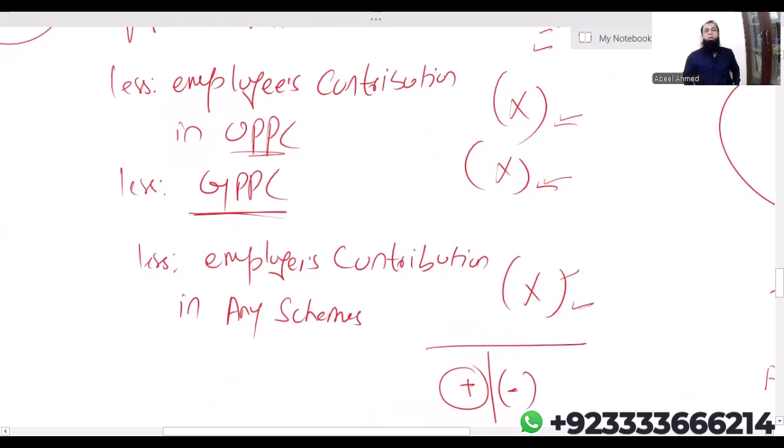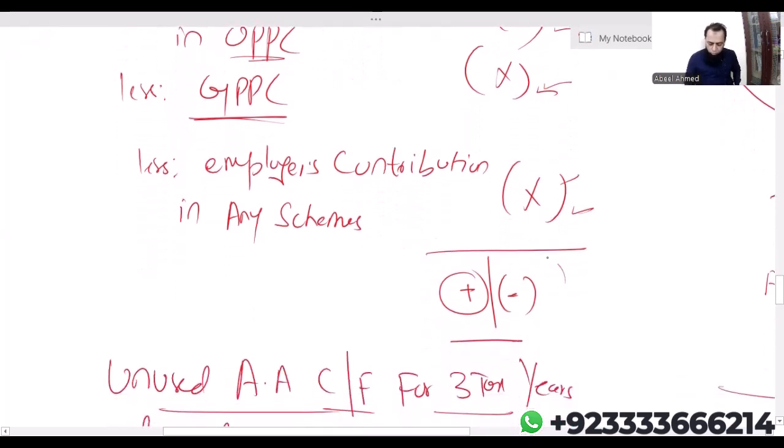Repeat. PPC will only be grossed up when an individual is contributing in PPC for himself or herself. When your employer is contributing for you in personal pension plan, you will not gross it up. Okay, now, assuming the contribution is more than the available limit, the final answer is negative. If the contribution is more than the annual allowance limit, then what to do? Listen carefully.